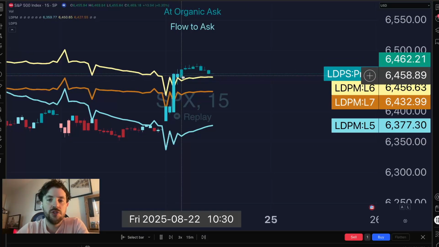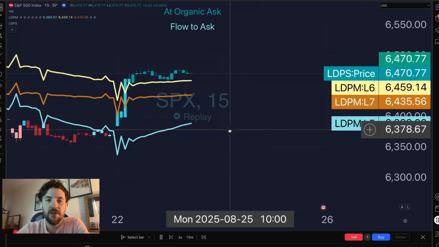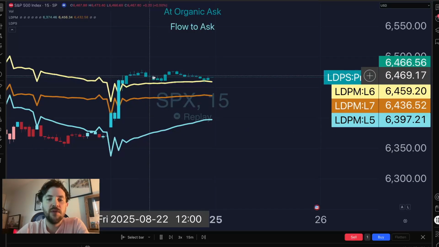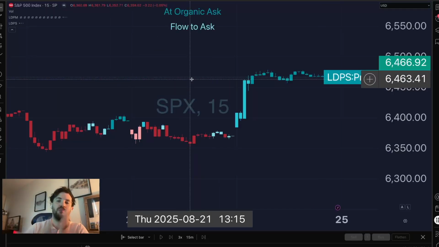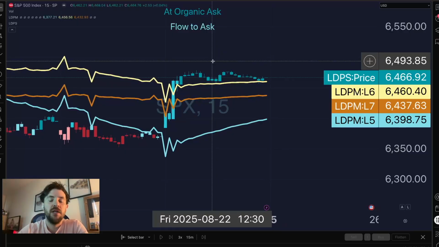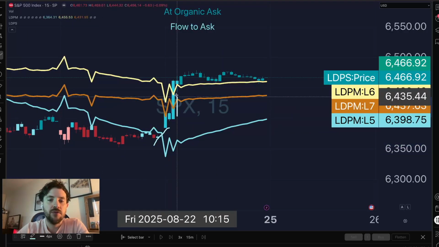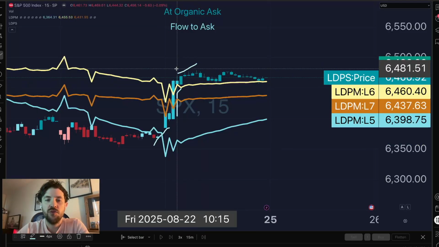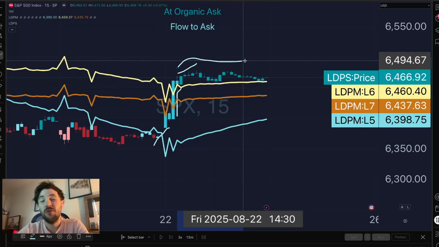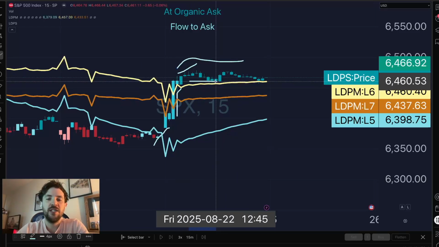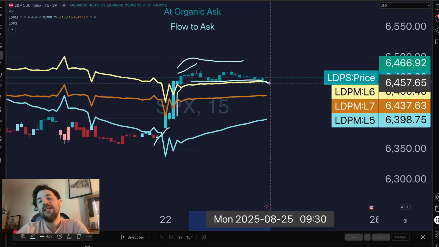But we still have bullish, and we're testing that LDPM L6 once more. And you can see what I mean, where we had that bullish surge, but you really do want to see these big candles upwards, right? And once you start getting a crossover where spot starts languishing, or it really doesn't have that oomph behind it, and especially when it starts testing that support, it's still bullish, but it is one of those moments